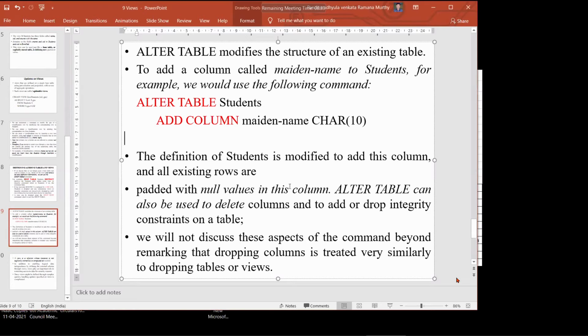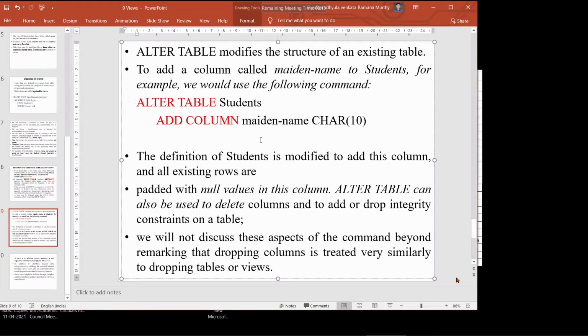But be careful. Say for example, in the previous table, I already included 10 rows. When you add a new column, the new column value in the previous 10 rows becomes null.